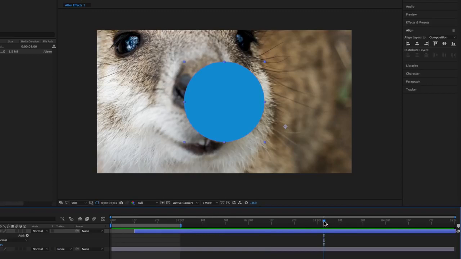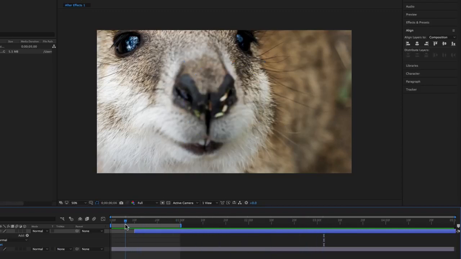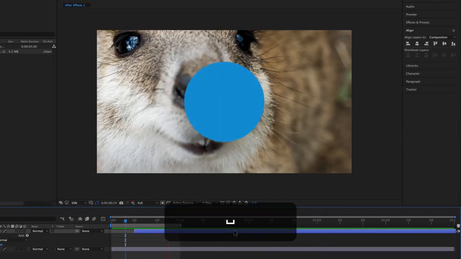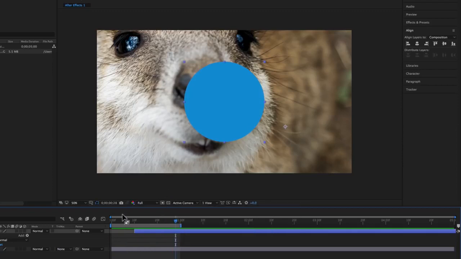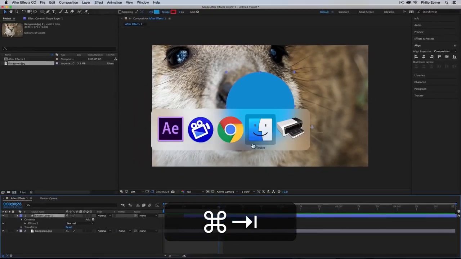Now, if I take my time indicator and I move it into this work area, then I press the space bar, you can see that it loops the play just for this area of the workspace, which is super beneficial as you create your more intricate graphics. One other use for this, let me bring